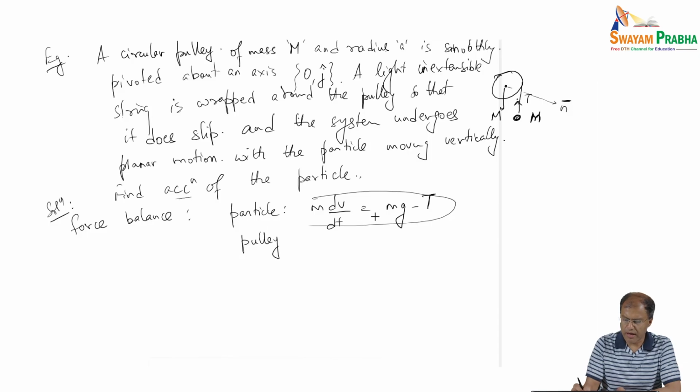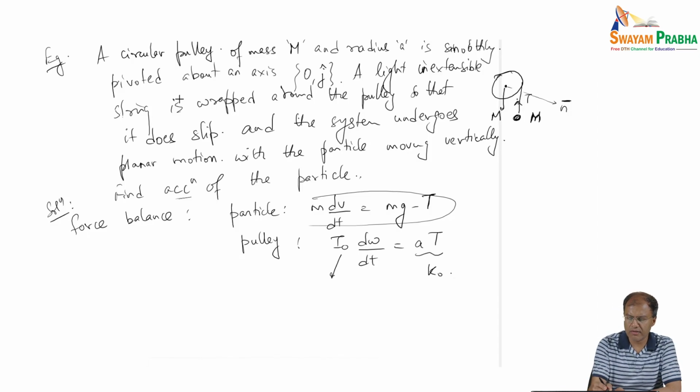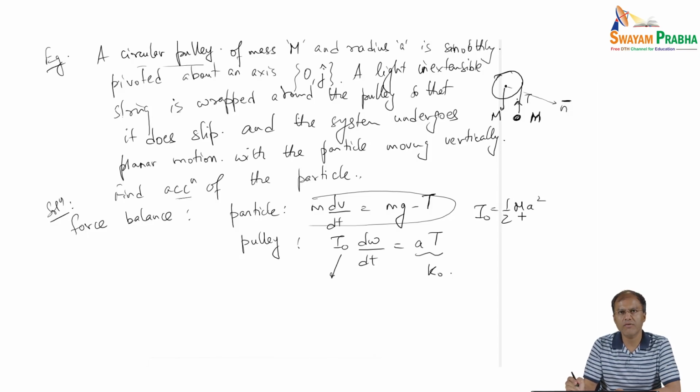This is for the particle, so m dv/dt is mg minus T, and for the pulley we see that the pulley is rotating, so I naught d omega/dt is a times T, which is the net moment. So this is my moment, right? Now I naught, notice that the pulley is a disc. Well, it's not written, but it should be fairly clear that the pulley is a disc. So we have that I naught has to be half m a square, the moment of inertia of a disc, right? So we plug it here, and further we have that omega is